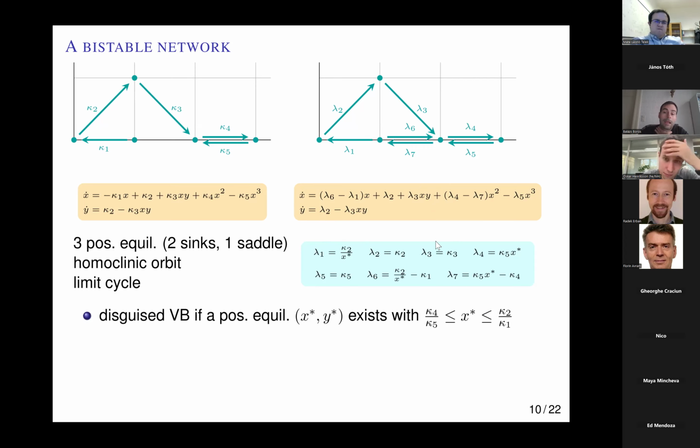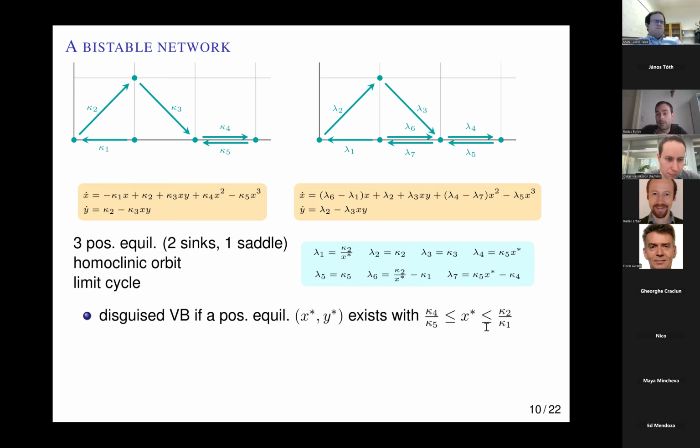The only thing I need for this to work is that both lambda 7 and lambda 6 are positive, or at least non-negative. And that just means my original network with kappa is disguised vertex balanced if there is a positive equilibrium x star, y star,